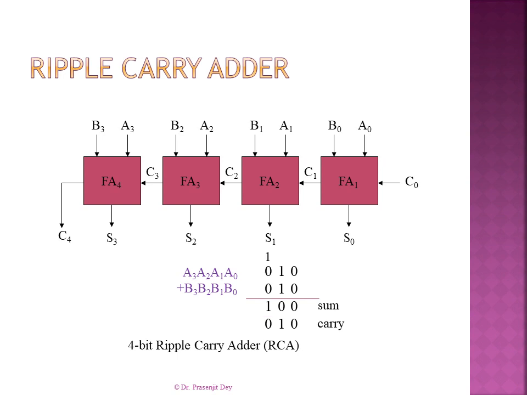Similarly, the third full adder received the value of A2, B2 and C2 and eventually produced the second bit summation S2 and the third carry C3. Now again the fourth full adder will receive the value of A3, B3 and C3 and it will eventually produce the third summation bit S3 and the final carry C4. Here in this example you can see that these two 4-bit binary numbers are producing a 4-bit summation.